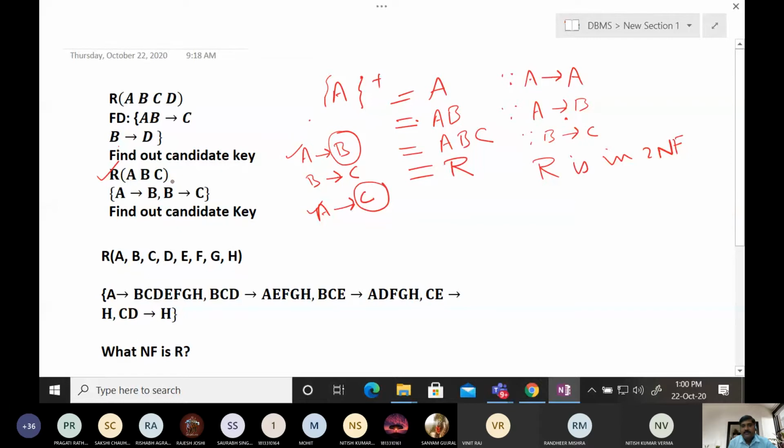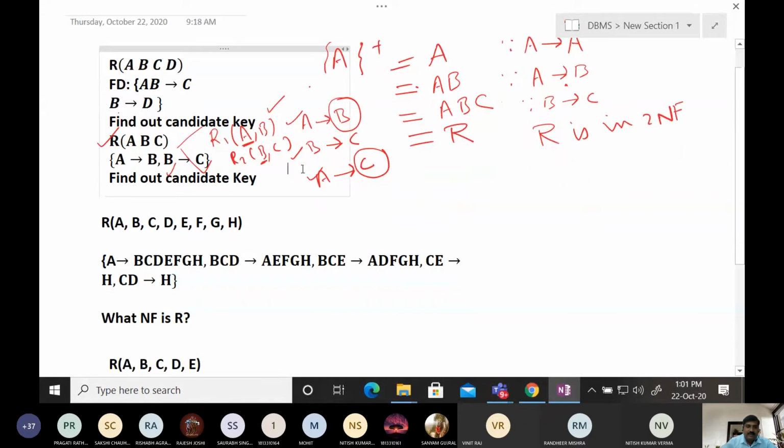And we have to decompose this into sub-relations with respect to this transitive dependency. Here non-key attributes determine non-key attributes. Then we will decompose this into, first one A, B, and second B, C. In this case A is a candidate key and here we make B a candidate key. Then there is no transitive dependency in this and in this. Then we can say that R1 and R2 are in third normal form.